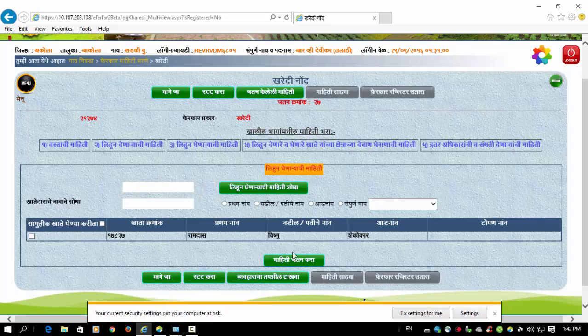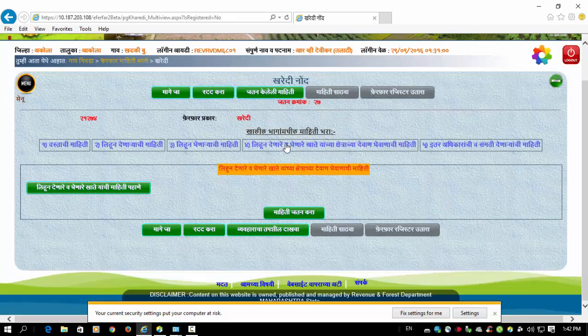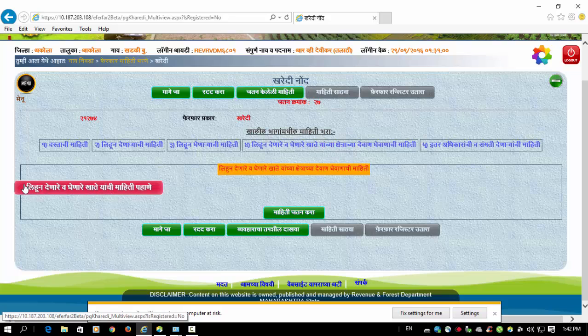If you give the proper account number of that landholder, then it will display the account holder. His name, Ramdas Vishnu Shekokar, is the purchaser of this land. Okay, we will select it, and now go for the fourth option, लिहून देणारे व घेणारे यांच्या क्षेत्राच्या देवाणघेवाणाची माहिती.